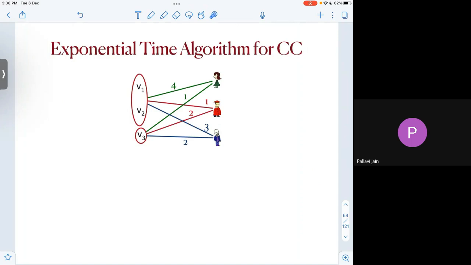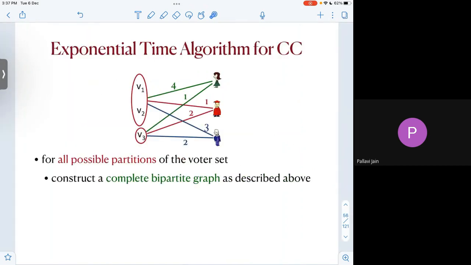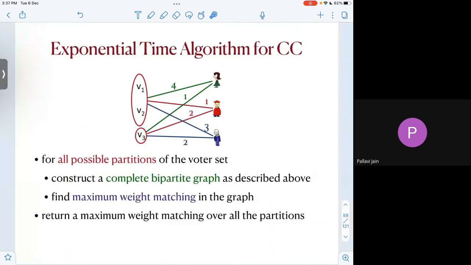So if you know the partition, then the problem is maximum weight matching, which is polynomial. Yes? So this is polynomial time solvable. But unfortunately, I don't know the partition. So if I try all possible partitions,